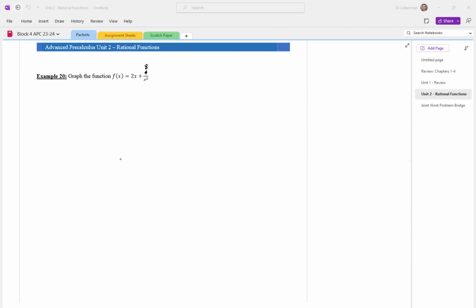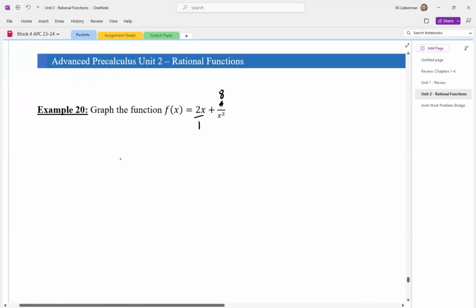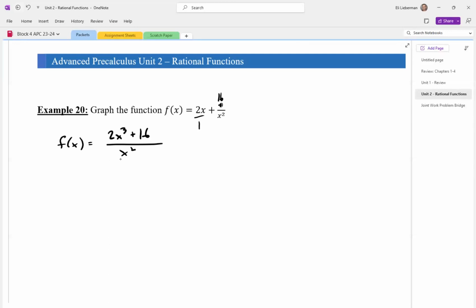So you're thinking about the 2x as 2x over 1, of course, right? So you could combine these. And I'm gonna change that 8 from an 8, sorry, to a 16. You put it together, you made the common denominator x squared, and on top is 2x cubed plus 16, yes? Yes. Okay,